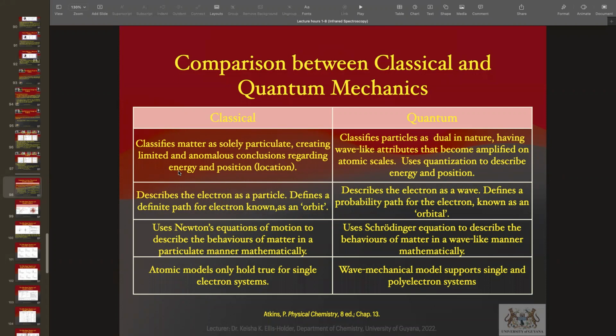Because at that point, this is where energy ceases to appear continuous in its impact on matter. On a macroscopic level, when energy is interacting with matter, it is easy to assume that the interaction is continuous. It is easy to miss, quote unquote, the quantization aspects of energy and its interaction with matter on a macroscopic level. However, on a micro or an atomic level, that is not possible, because